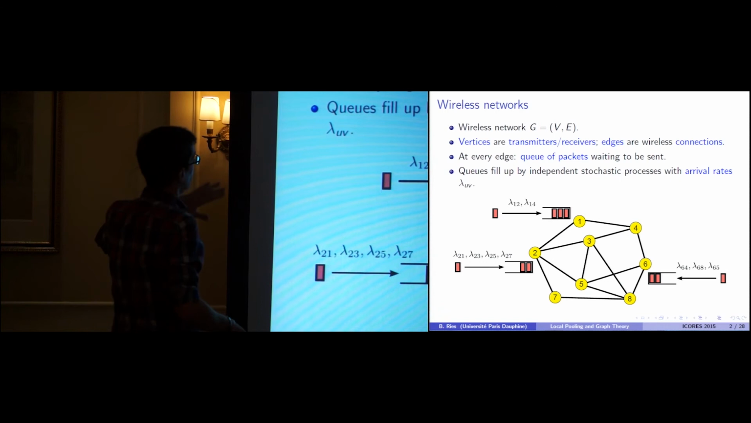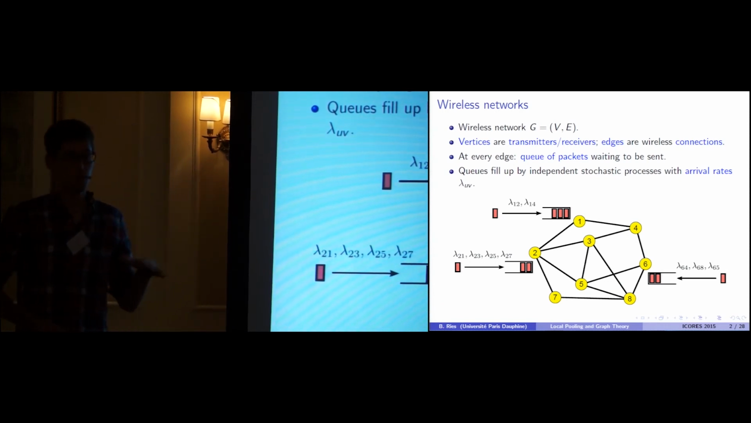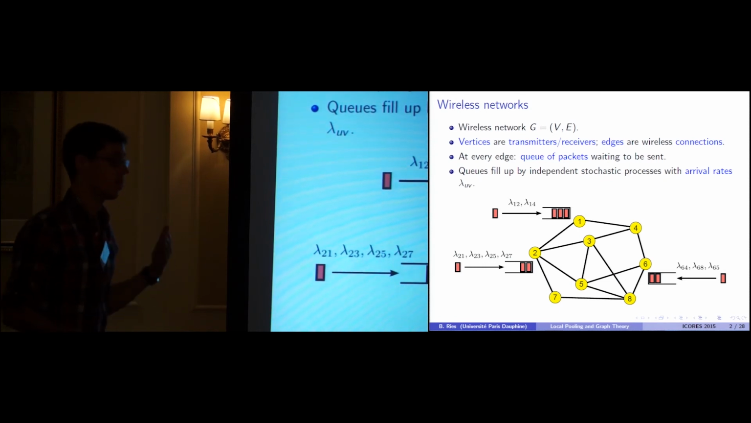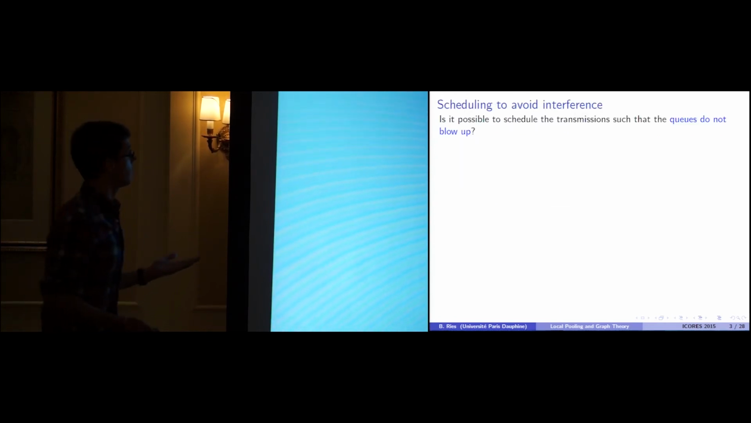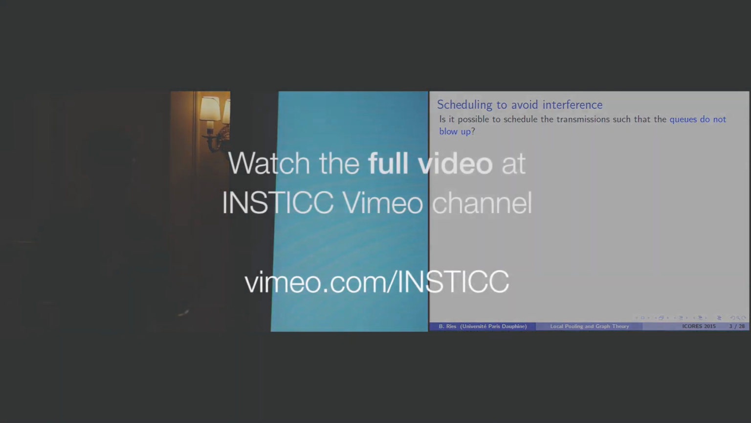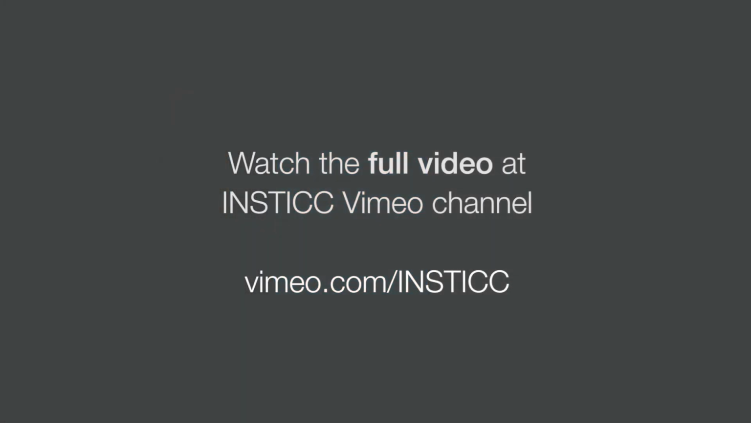So typically, if you have such a wireless network where you have packets to be transmitted from one user to the other, you have a scheduling problem. Because you ask whether it's possible to schedule the transmissions, and here the goal is to schedule them in such a way that the queues do not blow up. In other words, you want to control the length of the queues. So if you have a queue where you have a lot of packets waiting, you want to activate the corresponding connection very